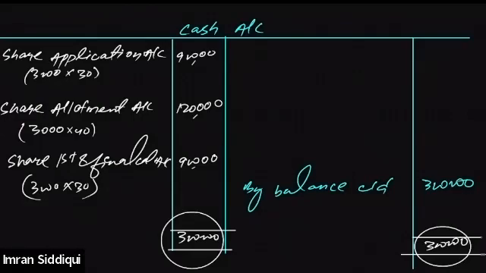Okay, so what we covered through this question is that whenever a question asks you to prepare the cash book along with the journal, you just need to pass the journal entry for making the allotment, making the